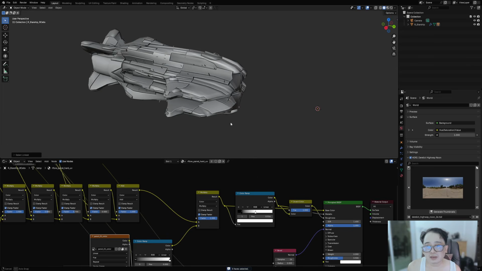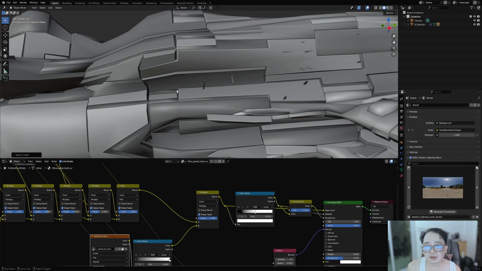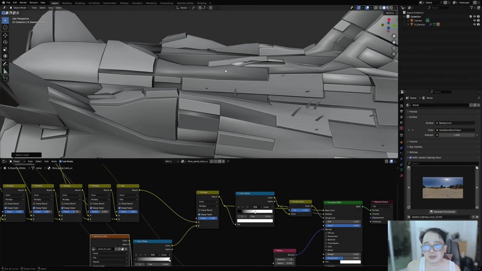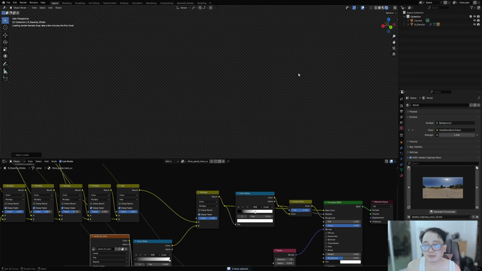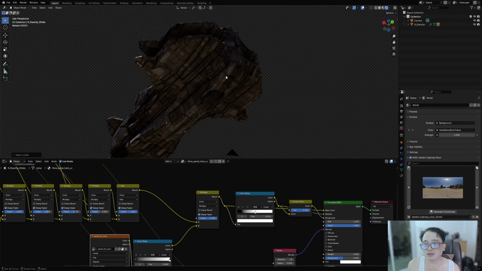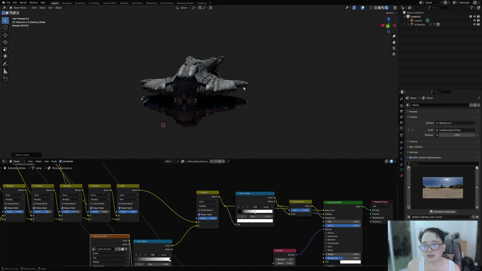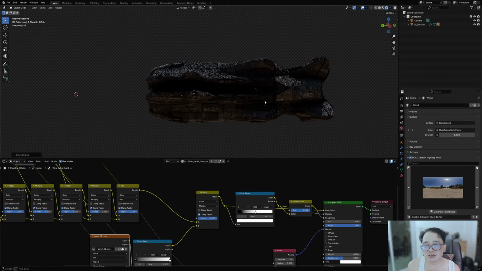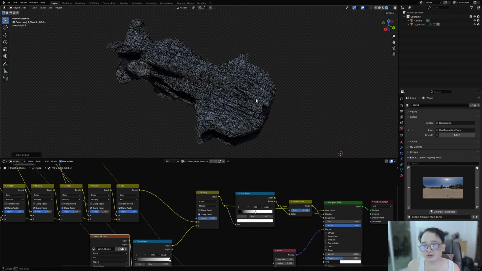Okay. Oops. You're supposed to pick on the geometry side. Okay, so that just breaks up the silhouette in some angles. Look at especially in this view, for example,